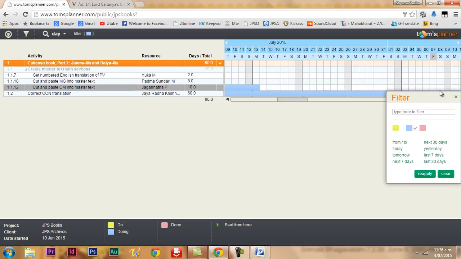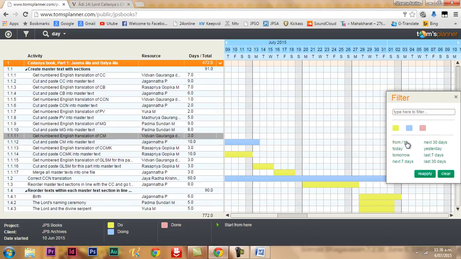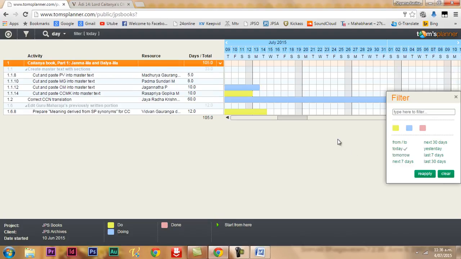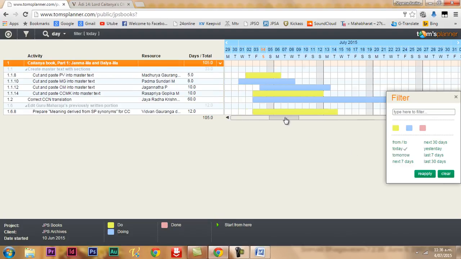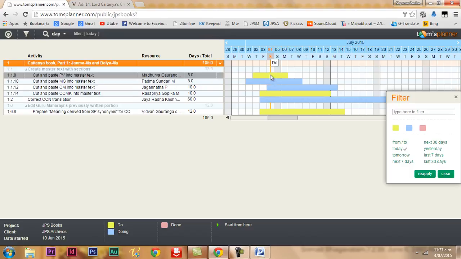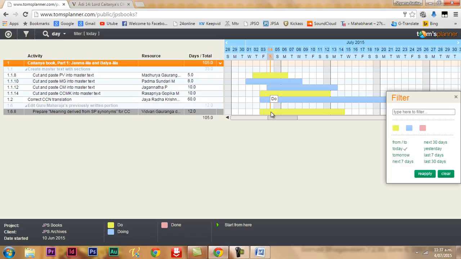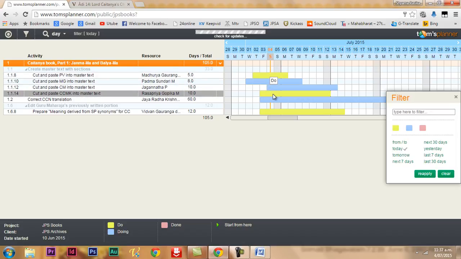You can also filter and find out what activities are happening today. These are activities happening today. This date is in orange. This indicates today. Actually, I already started this work. I should convert this into blue. She's also started this work, Rasapriya Gopika Mataji.